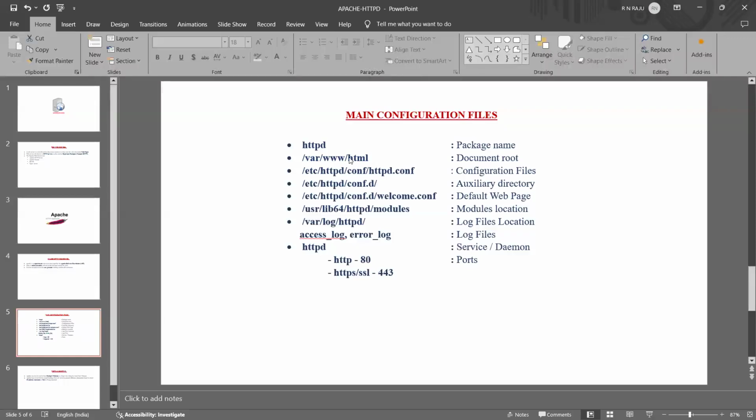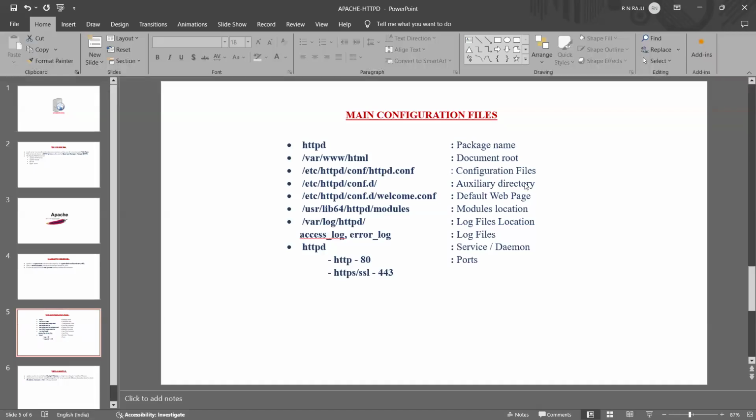Your web pages will be kept in the /var/www/html location. But if you want to change the server configuration, /etc/httpd/conf/httpd.conf is the main configuration file.